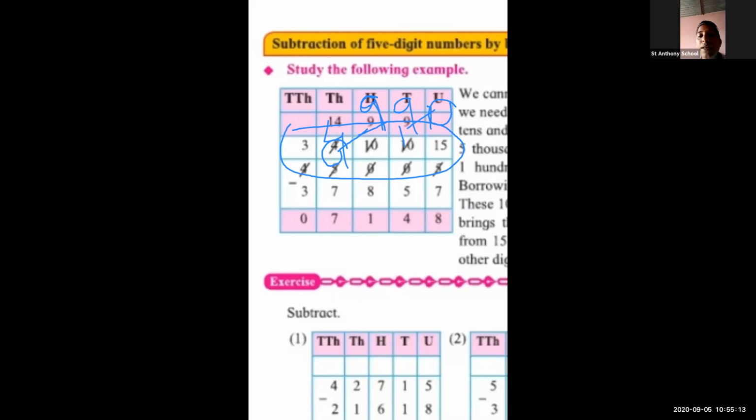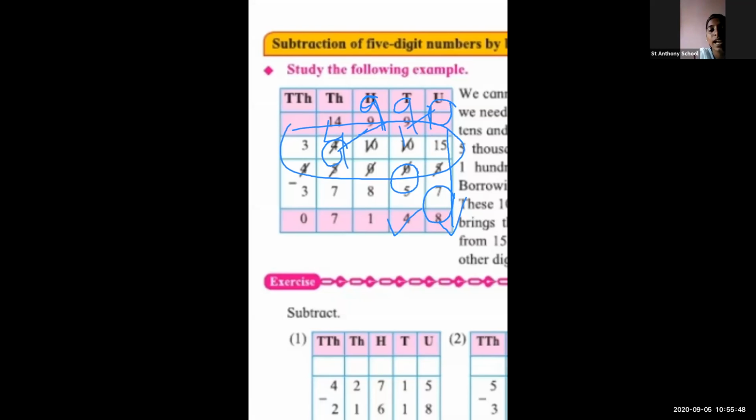Now, 15 minus 7. Count it, 15 minus 7, in the units column. It is already given to you. The answer is 8. 9 minus 4. Yes, 9 minus 4. It is already given to you, the 5. 9 minus 5. Your answer is 4. Correct answer is 4. In the tens column, see, 9 minus 5. Your answer is 4. In the 100 column, see.